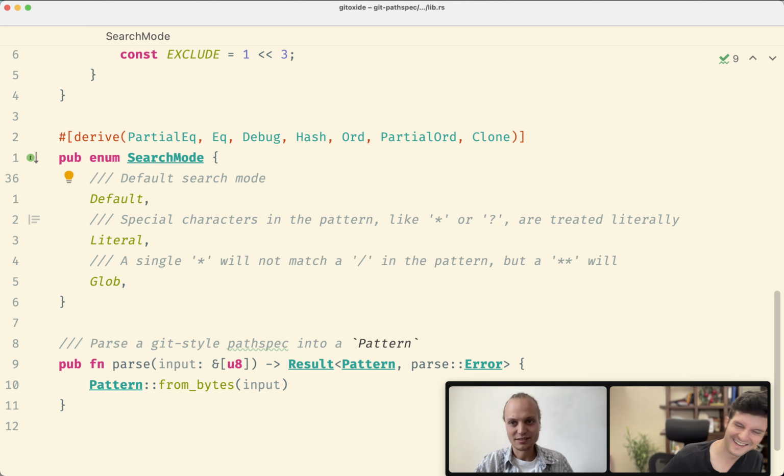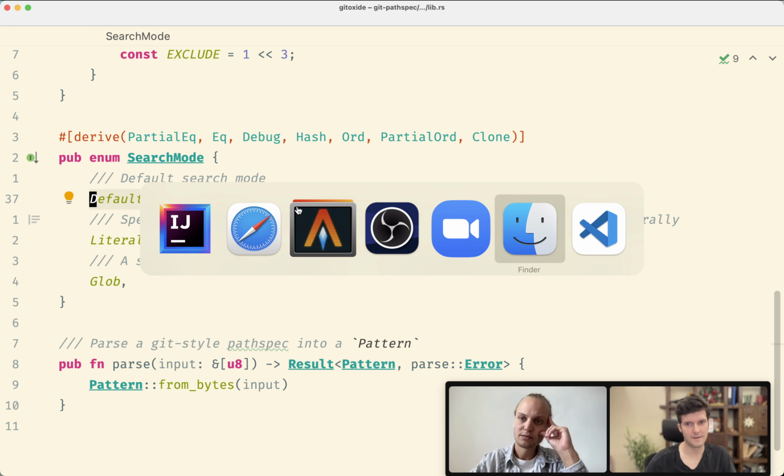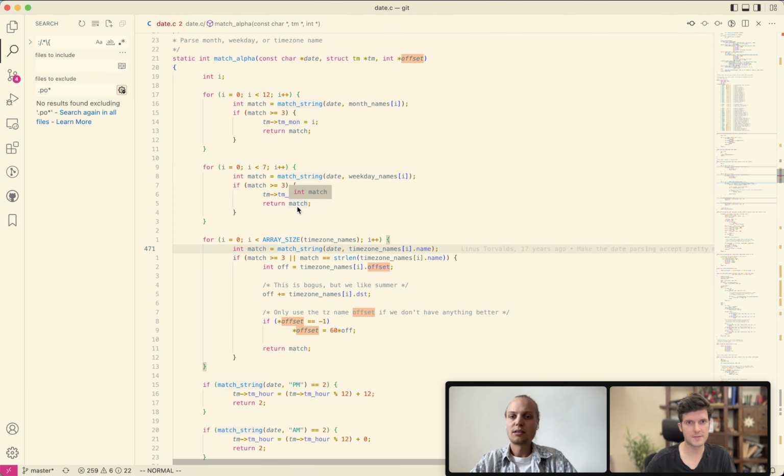And in this case, literal just means don't do any glob path magic, just use the characters as they are. And the glob, I don't really know how this works, but I think Git handles the glob or the double glob, basically the single glob, differently than a normal shell does. And this optional glob search mode will change that basically from Git mode to shell mode. Okay. I trust you, but